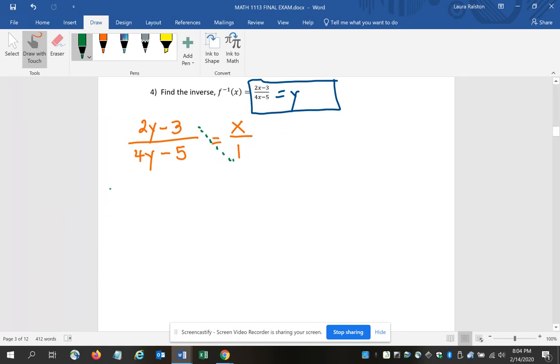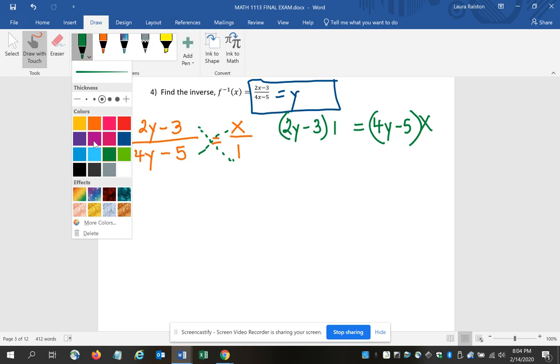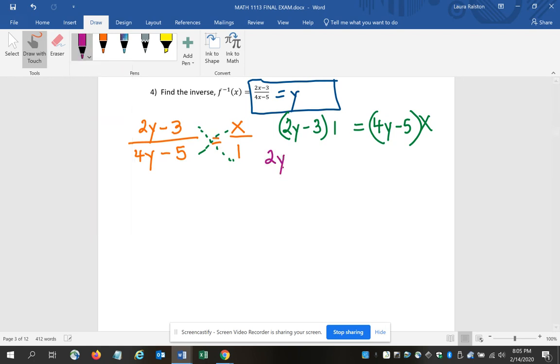So I have 2y minus 3 times 1 equals 4y minus 5 times x. Then on both sides of the equal sign, I'm going to use the distributive property so that I have 2y minus 3 equals